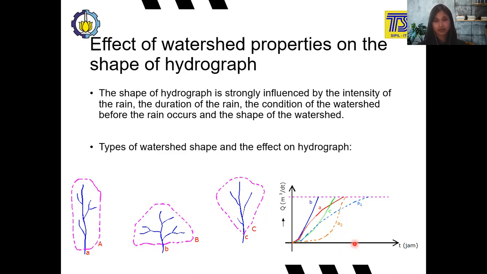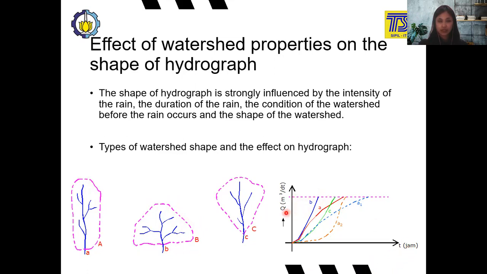How can that happen? So here we have the different watershed shapes, and as you can see, the water is flowing from the upstream to downstream. The upstream is the upper level of the river. The downstream is the outlet. If the discharge from the upstream reaches downstream at a particular time, it means it reached the peak of the discharge. So here we have the watershed of B